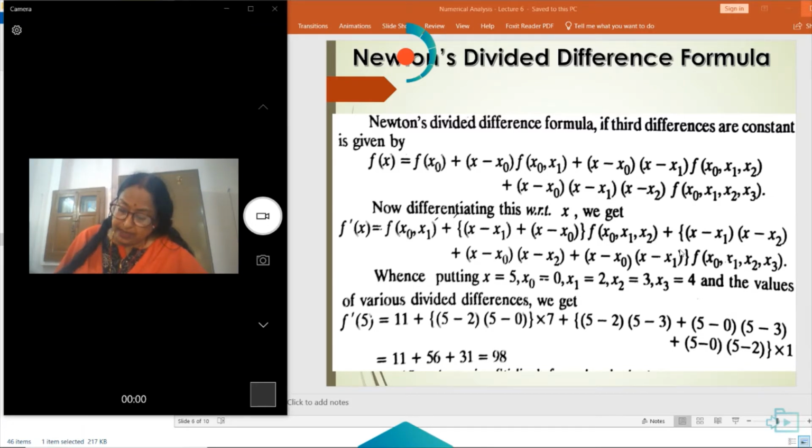x0, x1 is 11 here. Then (x minus x0)(x minus x1)(x minus x2), as you can see, and f[x0, x1, x2] is 7, and then (x minus x1). Again putting the values, we get f dash 5 is equal to 98. So prepare the table